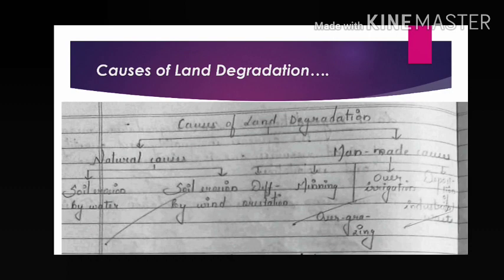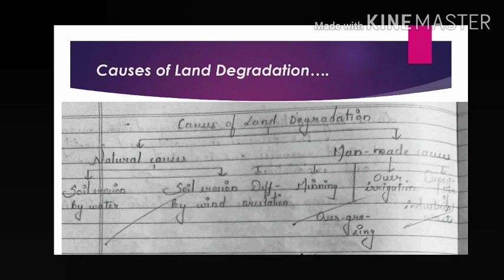And then fourth number is over irrigation. That means when we are providing excessive water for crop cultivation, it is also one cause of land degradation. And the last one, it is not easily visible, but I am telling you, listen carefully. It is deposition of industrial waste. Different types of waste materials are generated in industries, and these are deposited on the land. Gradually the land is being polluted, and that is also a cause of land degradation.